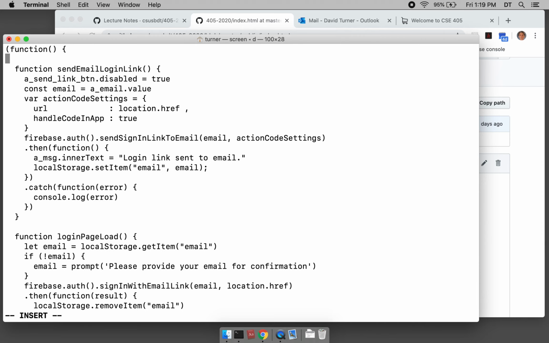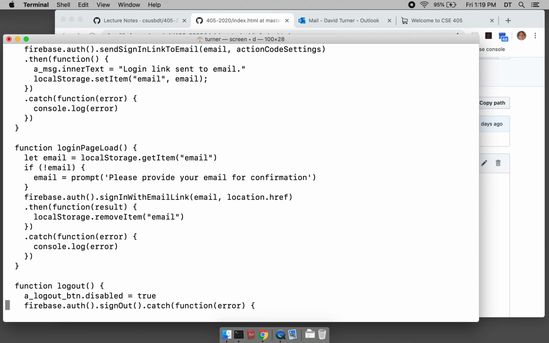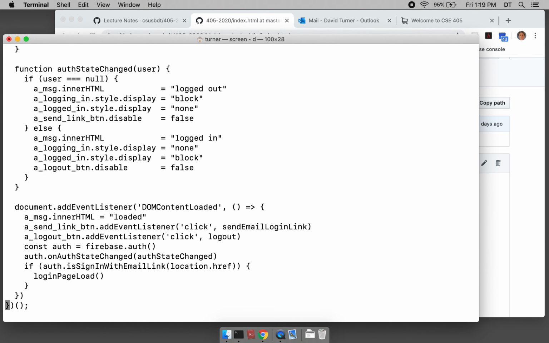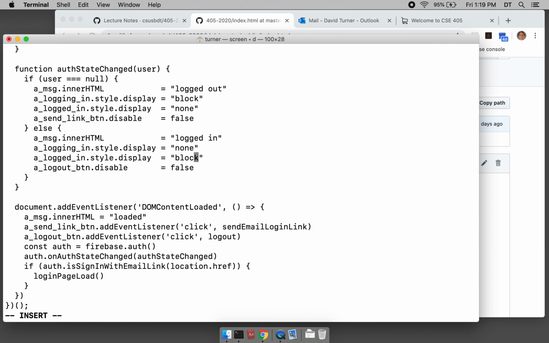And this is a.js, and I'm going to define a global variable A, and then this is the add event listener. Let me think for a second what is going on. This is auth state changed. Here we go. So when we log out, we don't have to worry about the logout. It's login. When we log in,